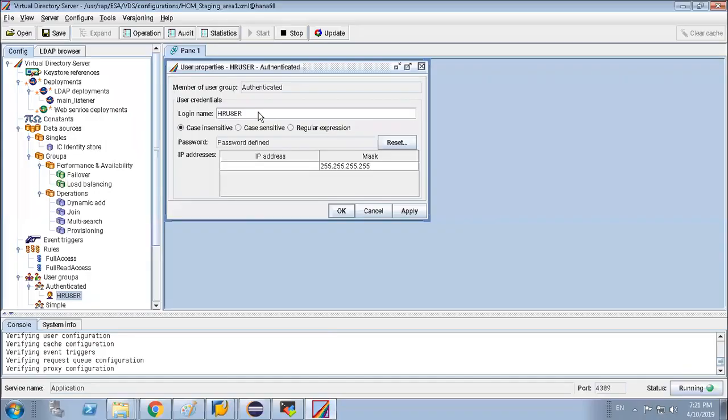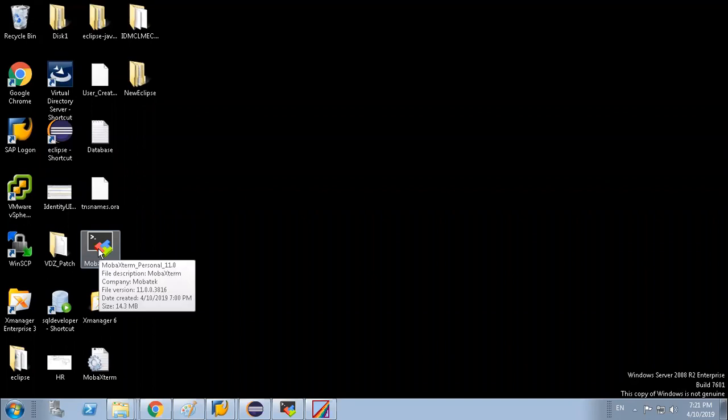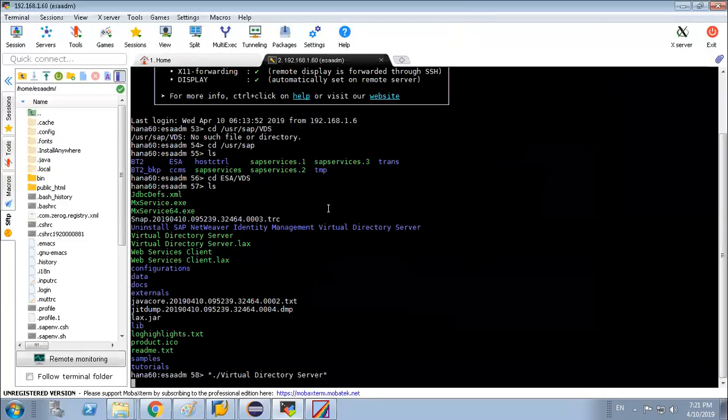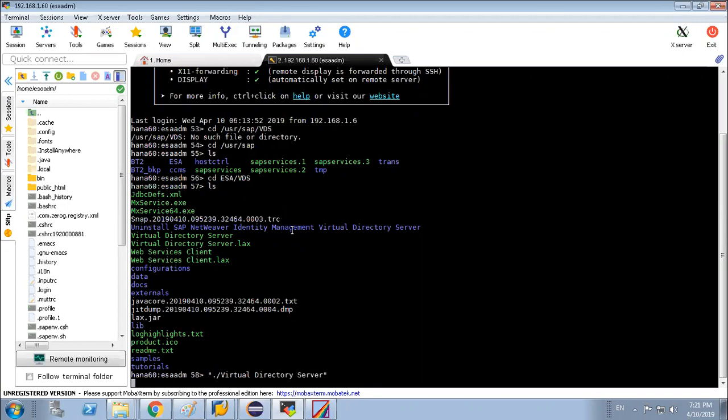And in order to open it, we need MobaXterm or PuTTY, but MobaXterm is better. Using PuTTY you can connect to this server. When you log into this server, it will ask for your user ID and password for the admin.